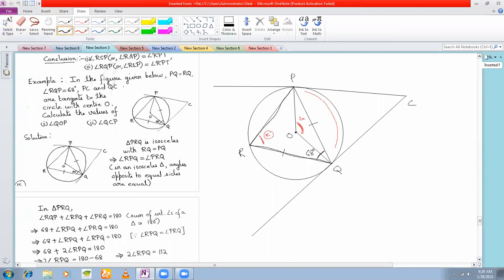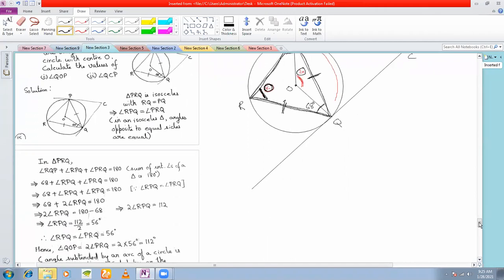As I was saying, if this angle is x, this angle must be 2x, right? But in order to find out this angle x here, see that this triangle here is an isosceles triangle with two sides equal. That is, this side equal to this side. So therefore, this angle here and this angle here must be equal, right? So we can find out the two angles. Once we get this angle here, x, then we can just double it and get this angle. So that's the first part of your solution.